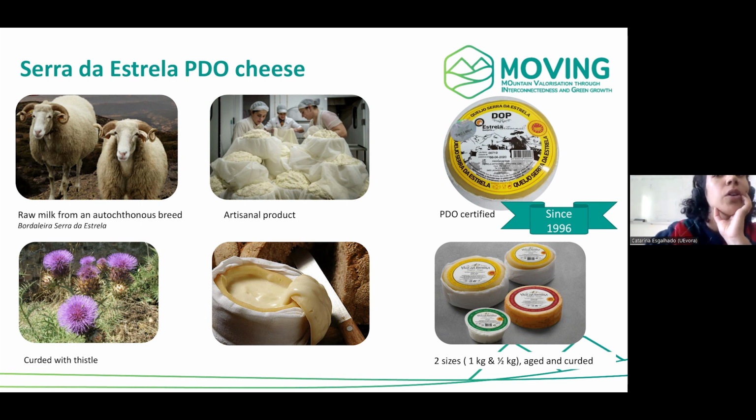It used to be only sold in 1 kilo, but then there was a revision to the specifications, and now you can also sell half a kilo, because otherwise it can be quite expensive. And there's also the aged version of it, where if you cannot sell everything, you can allow it to age a little bit longer, and it's another option for you to sell. And there's also the curd cheese, also